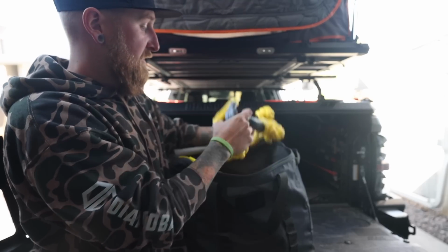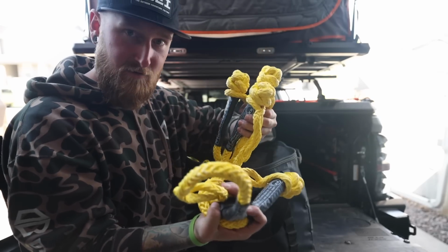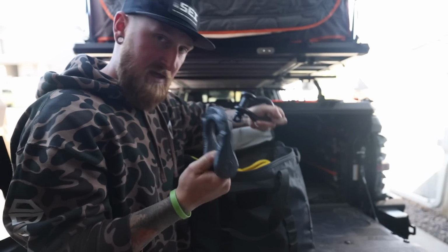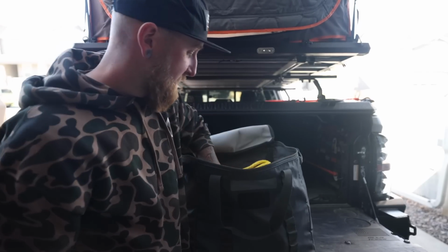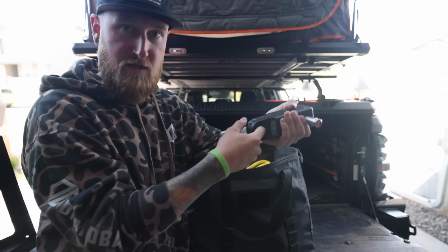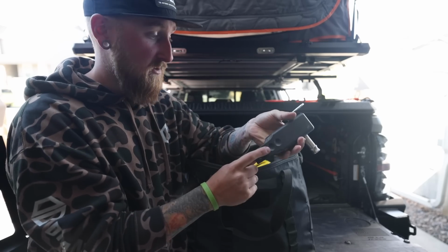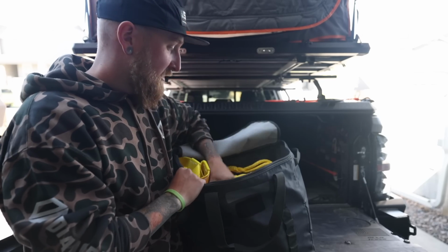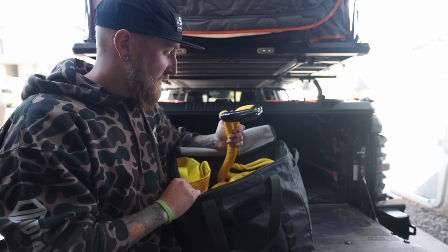I have 5 soft shackles from Dead Man Off-Road. I've got a bunch of hard shackles as well. I keep 4 of those in the truck at all times. I have a Factor 55 hitch receiver, so I can put this in there and actually pull from that. We actually just used this for the first time the other day. And then I have the Dead Man Off-Road earth anchor as well as a kinetic rope in here because this